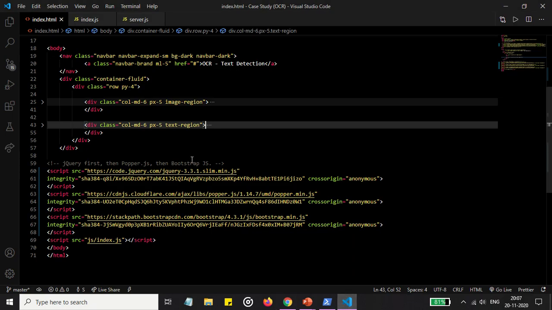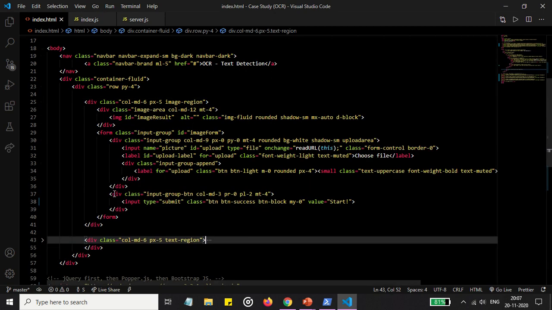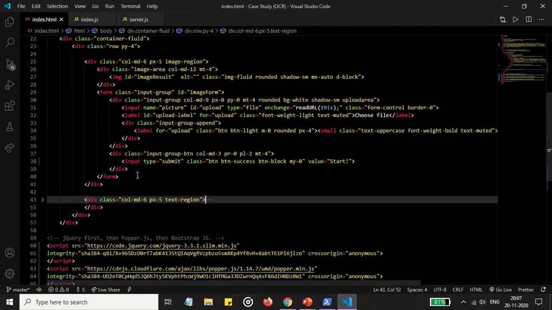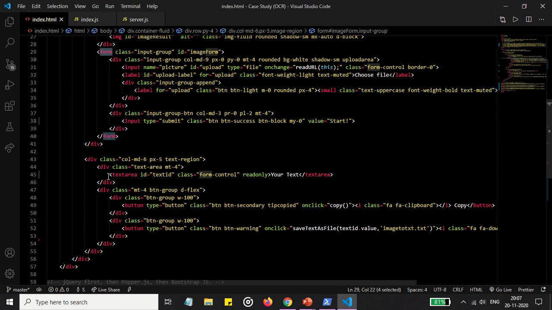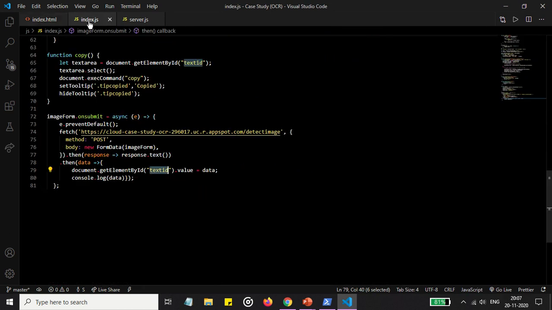Explaining my code part, this is the HTML page. These are the two main parts of the HTML page: one is the image region and the other is the text region. In the image region, I am getting the image as HTML form data, and I use the text region to display the results.